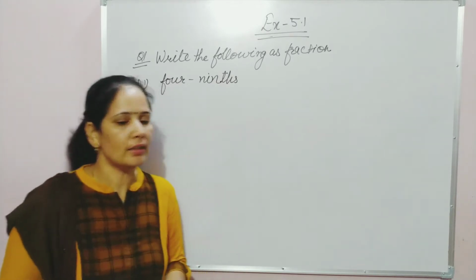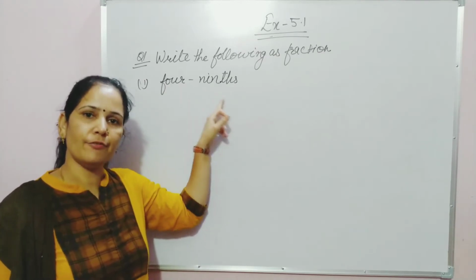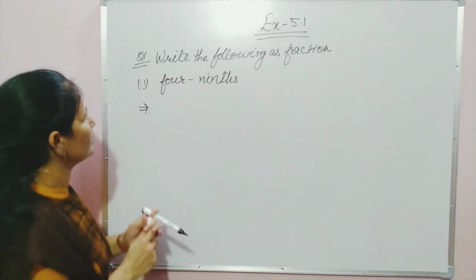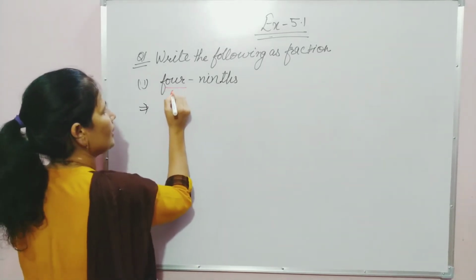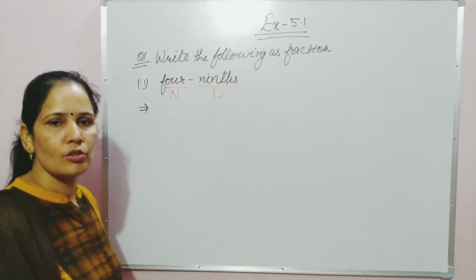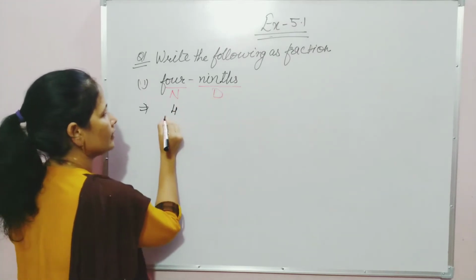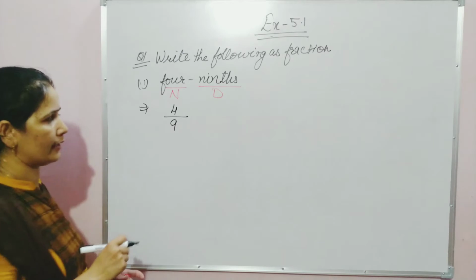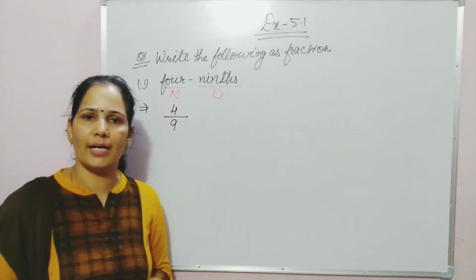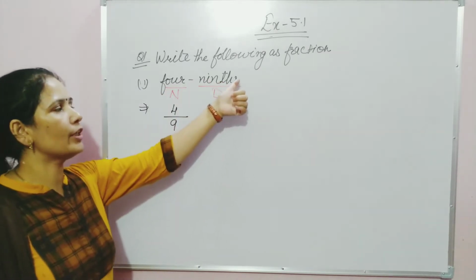Students, we have to write these fractions, written in words, in fractions. And how to write in fractions? Students, this one is the numerator, the first one, and after the dash sign this one is the denominator. So we write first the numerator above the line, that is 4, and 9th, that is our denominator, below the line. Now we have written this number as a fraction, that is 4/9, and in words we write it with the denominator using THS.